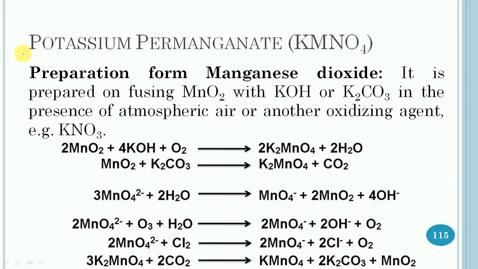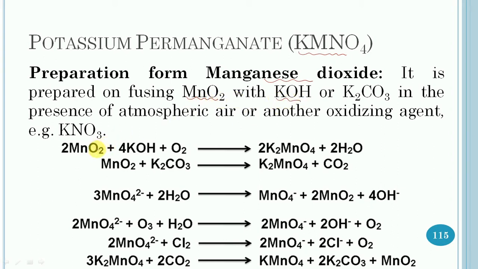Next transition metal compound is potassium permanganate, and it has this formula. First of all, preparation of potassium permanganate from manganese dioxide. Potassium permanganate is prepared on fusing manganese dioxide